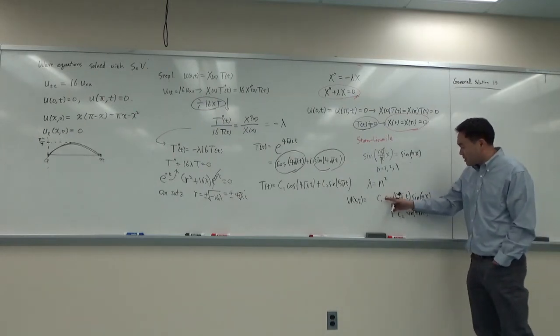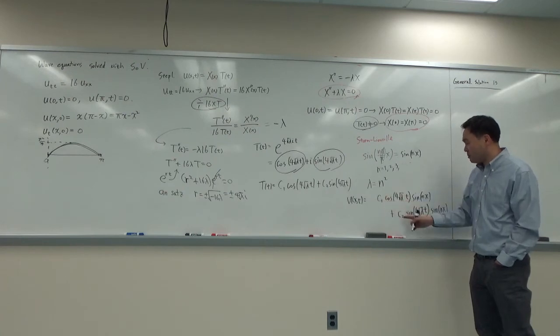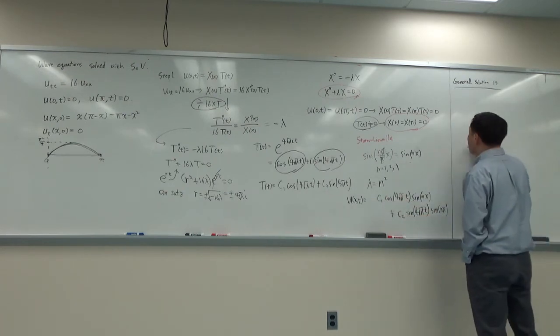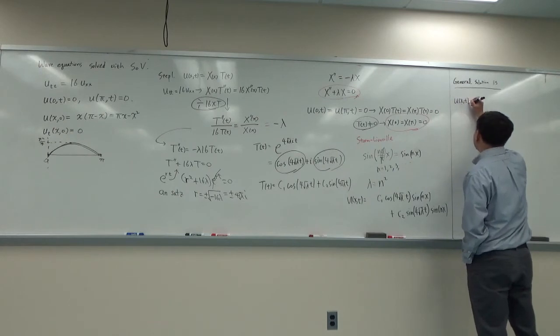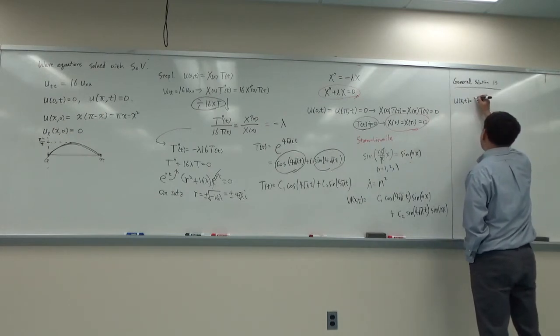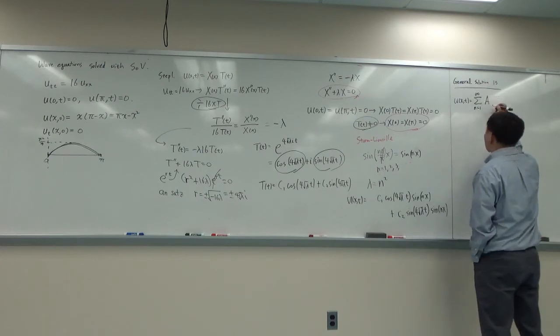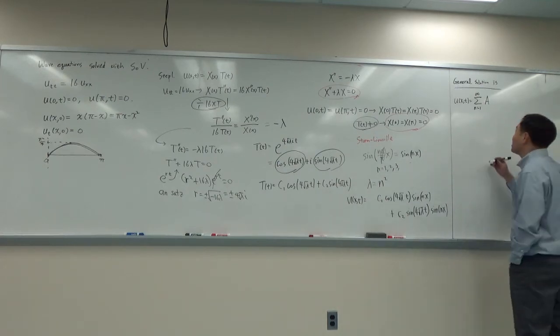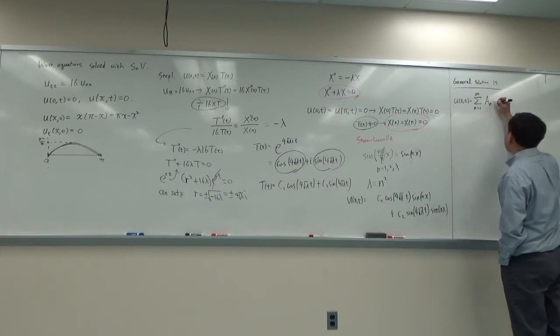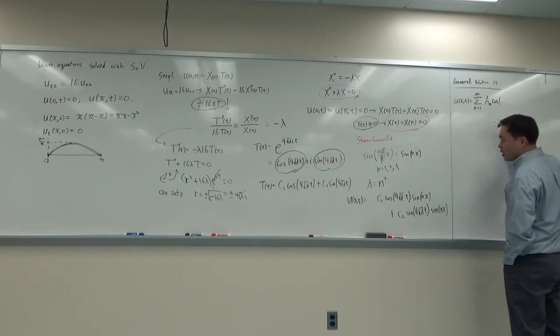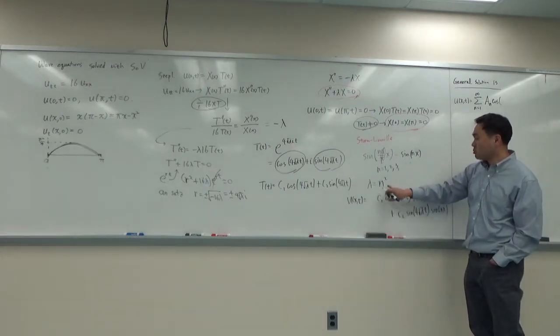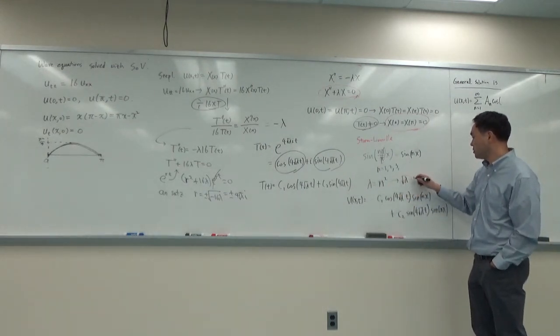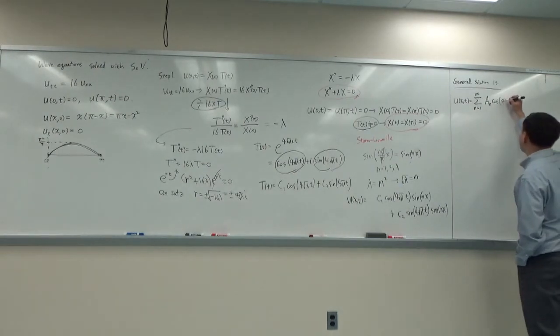Since I don't like C1 and C2, let's just put A and B. So we're going to say u(x,t) is equal to the summation of n equals 1 through infinity of capital A_n, because I don't want to confuse it with the Fourier series a and b, times cosine of, the square root of lambda will be n, so this is cosine of nt, sine nx